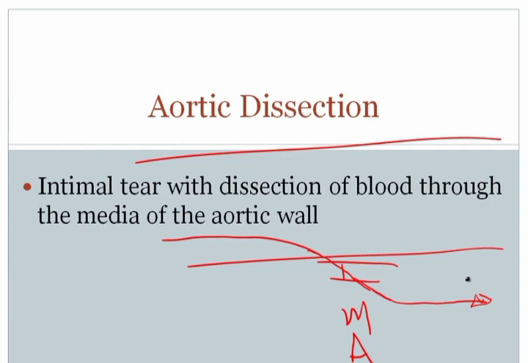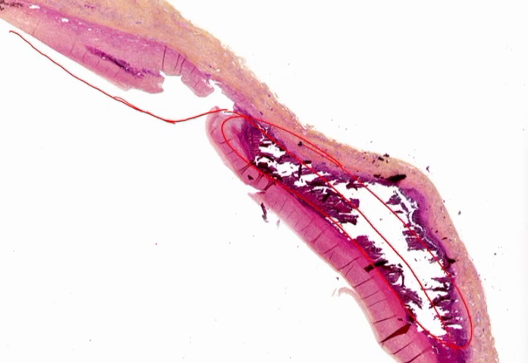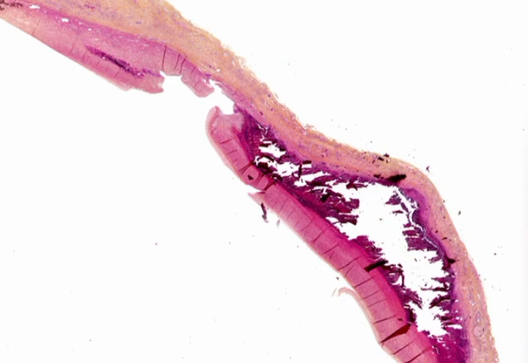Here's a picture of the aortic dissection, and again the same notion, blood is running along this vascular channel, and for some reason there's a little tear in the intima that then allows blood access to the media. It rips through the media and begins to go through the wall. So this is an example here of blood ripping through the media of the blood vessel wall.